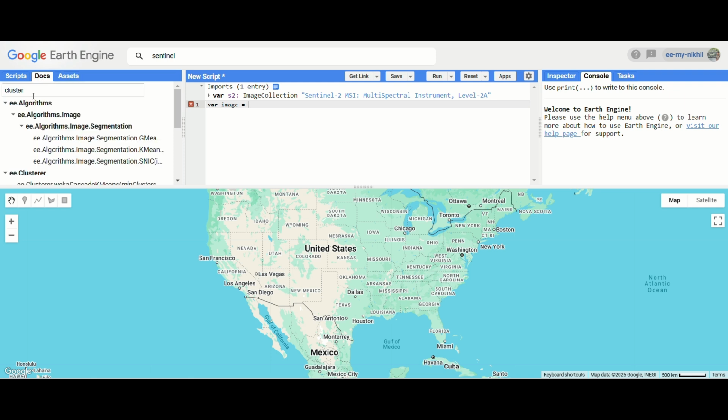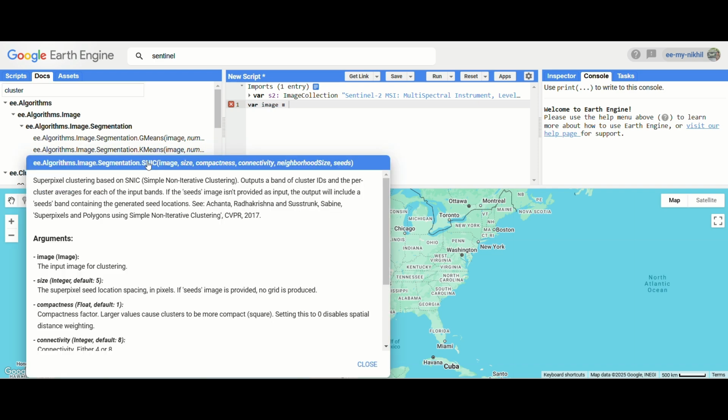If we come to the docs and search clusters, you'll see we have the algorithms for the segmentation of an image, ee.Algorithms.Image.segmentation, where we have three methods for computing the clusters over an image. So we are going to try first the SNIC, the simple non-iterative clustering type. As you can see, it needs the input image for clustering, so we have to create an image from the Sentinel-2 image collection for our